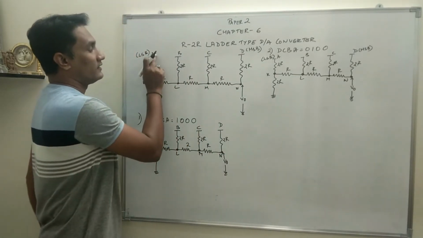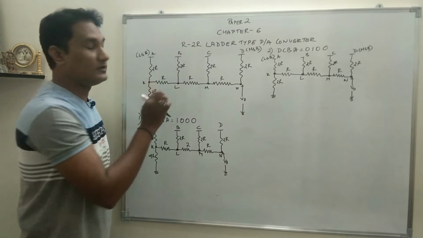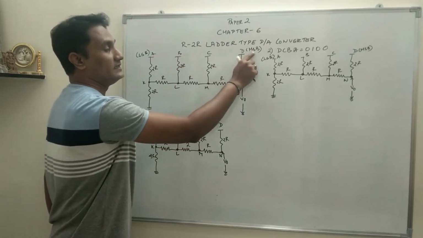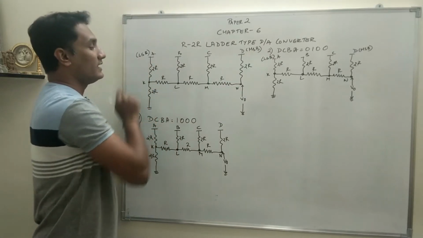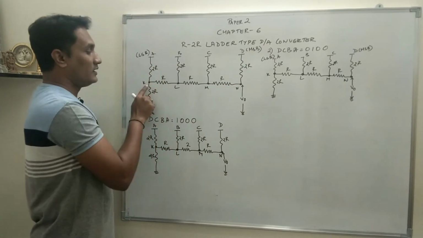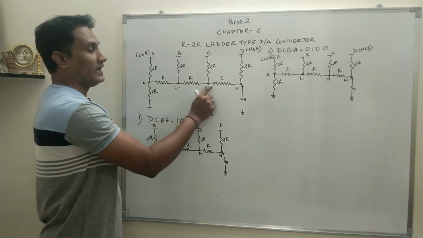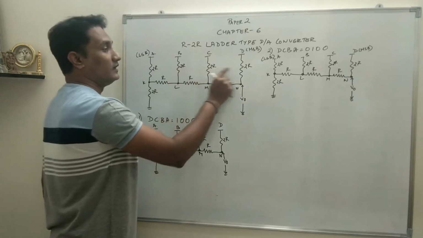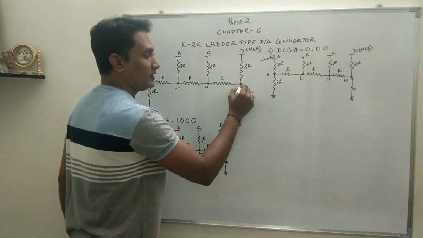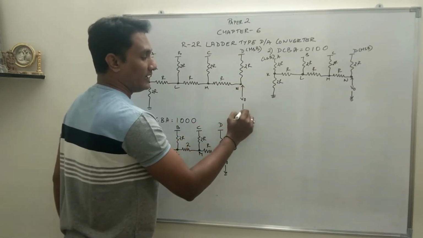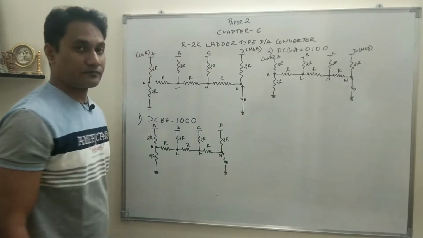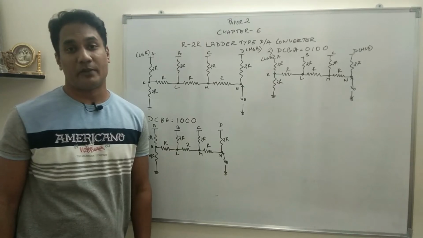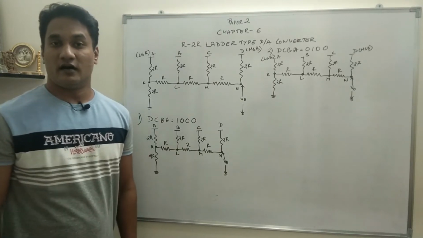What you can see is the four digital inputs which we will apply at A, B, C and D, where D is MSB and A is LSB. These are the points K, L, M, N, and in between there is resistance R, and these are the 2R resistances. Output will always be taken at point N with respect to ground. So you have to understand the series and parallel combination of resistances.